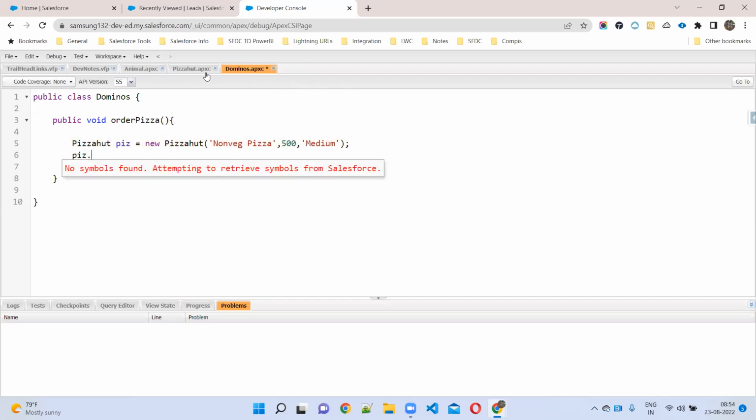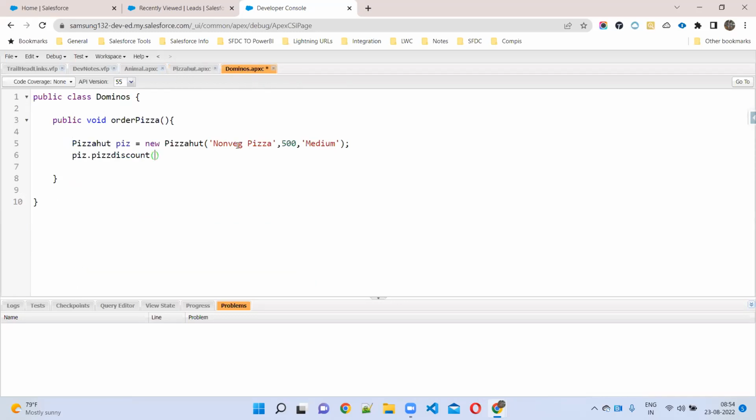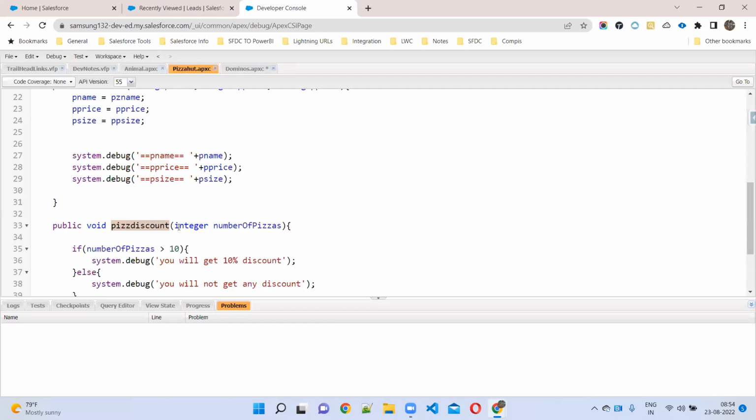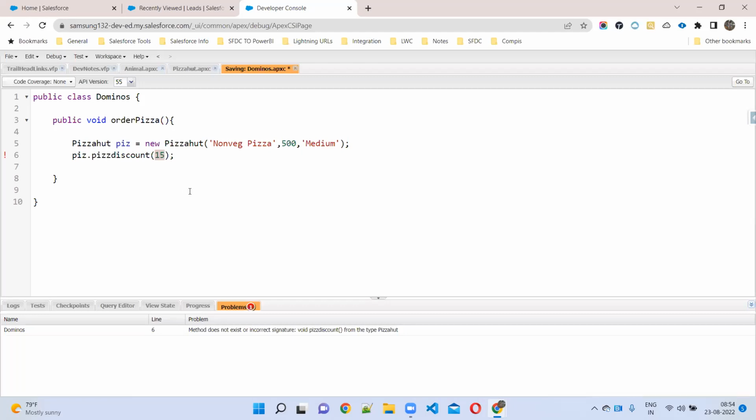What is the method name? Pizza discount. How many parameters is it asking? One parameter. Which data type? Integer. I'll give 15. Now what is the output you'll get? You'll get a 10% discount.